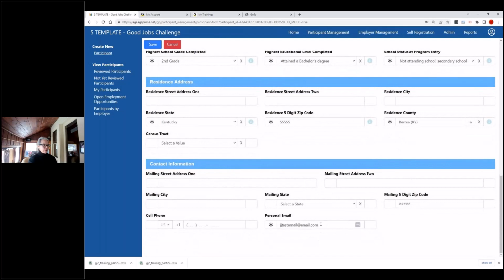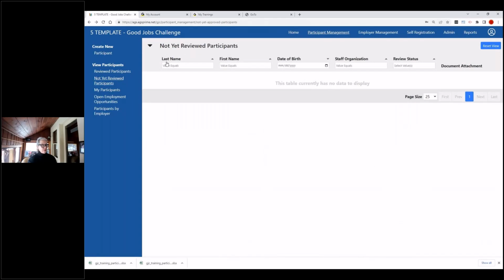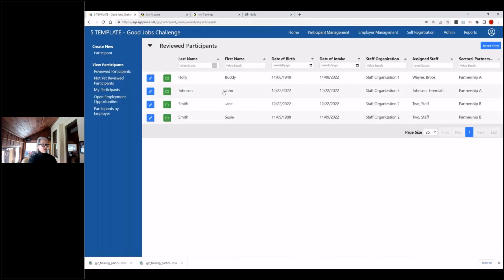We have validation on phone fields and email fields, so all of that is going to be pretty well buffed and polished. I'm going to change this, because it comes in as not reviewed automatically. Now I'm going to change this to reviewed. I'm going to save it because I have rights to do that. And now there's nobody sitting in my not yet reviewed participants list. Everybody's clean. I go to my reviewed participants and there's John Johnson, ready to be